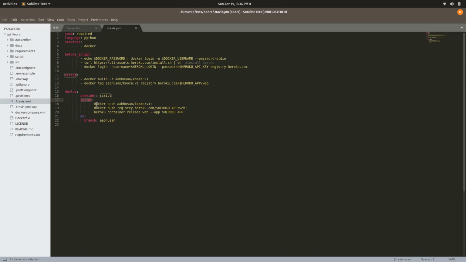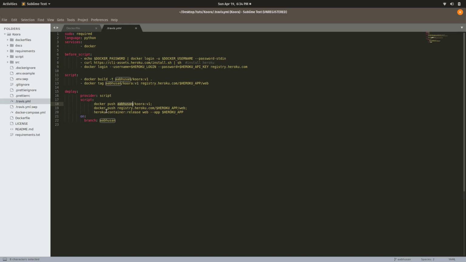This will push the image to the Docker Hub. Since I have authenticated with the Docker Hub, it won't be any problem to push the image. So here abushan, why I have written abushan is because the username of my Docker Hub account is abushan, so you guys must change according to your username.